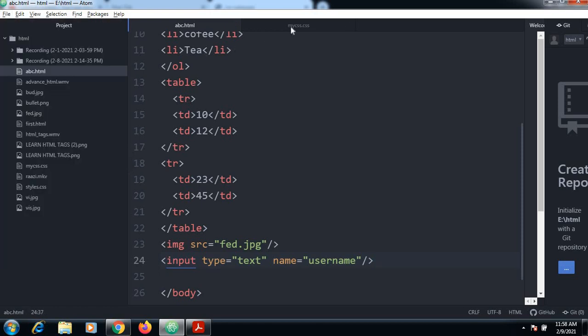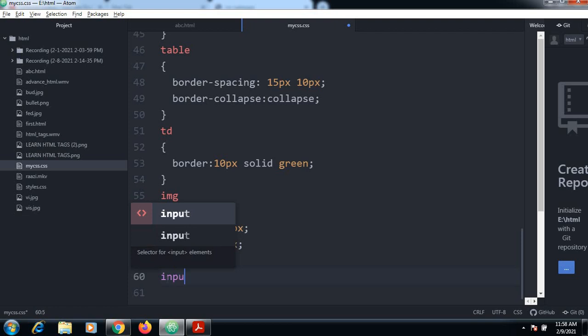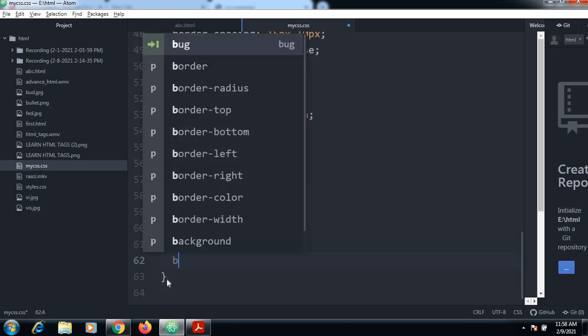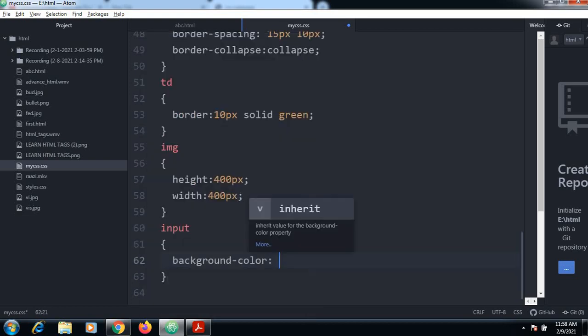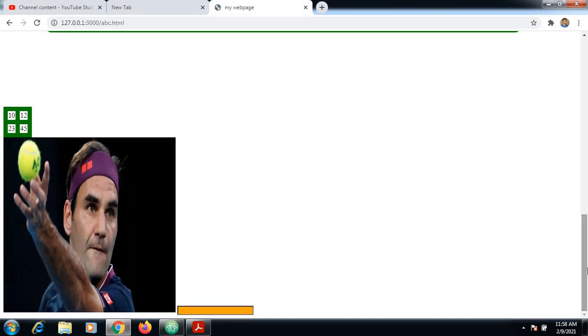Say these things and go for input again here. Now I want to give some background color for this. So background color I'll give as somewhere around orange. Save this particular file. The text box has been created with the yellow color.